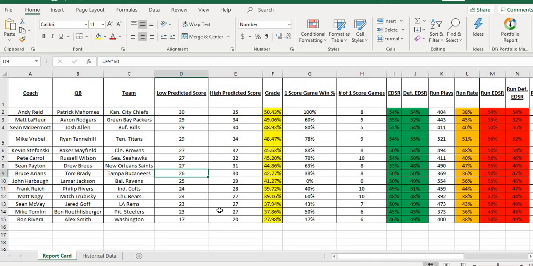Realistically, and just knowing some key numbers, I'm thinking they're probably going to score about 21. So between 21 and 26, somewhere in there, is really where I feel like the Buccaneers are going to end. Washington, 17 to 20. Let's say that there is 17, which is their lower predicted score. With their deviation, that could kick them up to 24. So, like I said, one way or the other, regardless of which team wins, I think this is going to be a 3 point game.